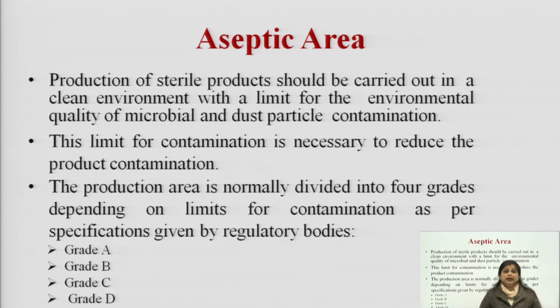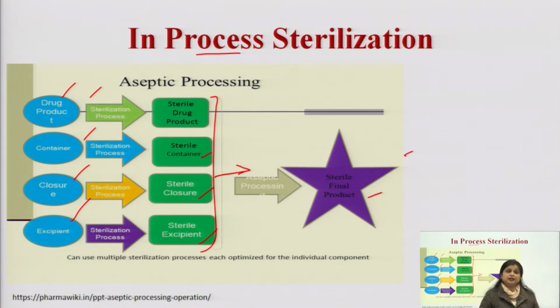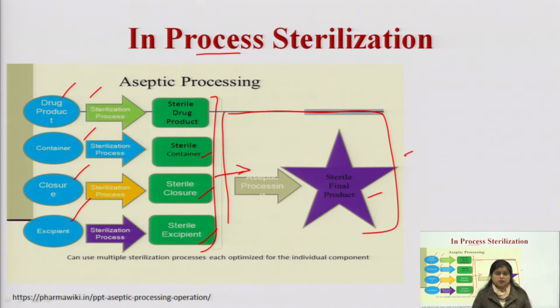After that comes, why we need that kind of aseptic area and that kind of sterilization, because in the aseptic area we can formulate as I told in process sterilization. In process sterilization can be carried out only in the aseptic area. Aseptic area is the area which will be free from microorganisms. So, we need to design that area if we want to work in the microbial labs, or if we want to work in an industry in which we have to prepare parenteral products.